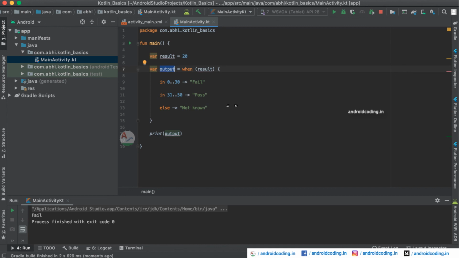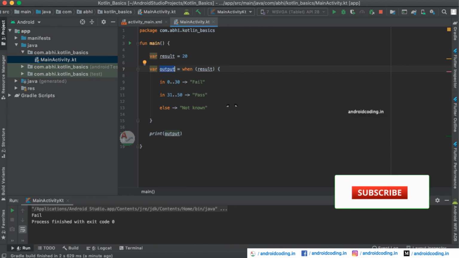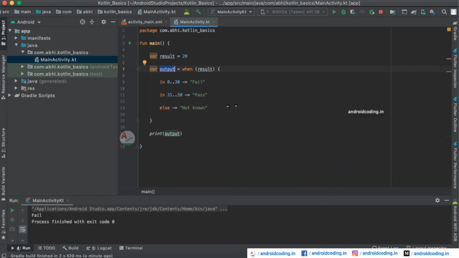So in this part of the tutorial we have covered three ways of declaring the when condition, that is using a single case, that is providing a single number, and later on we have provided a range of values, and also we are storing the result into a variable here. And there are more ways of declaring when conditions. This is for a basic view I am explaining in this part of the tutorial.